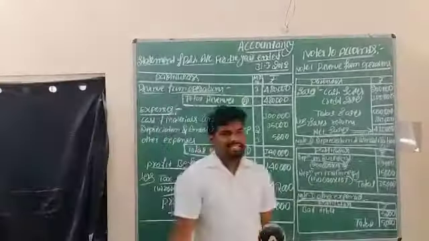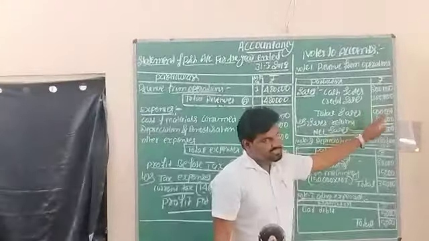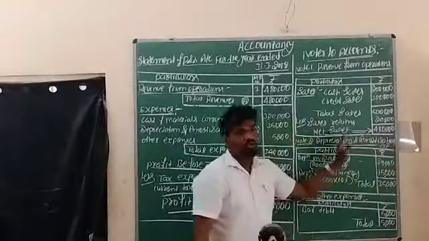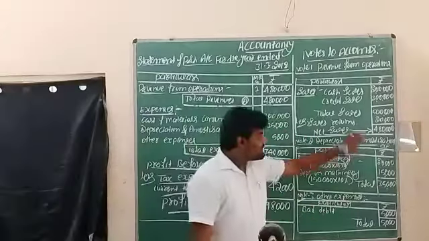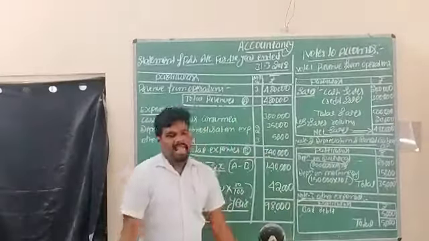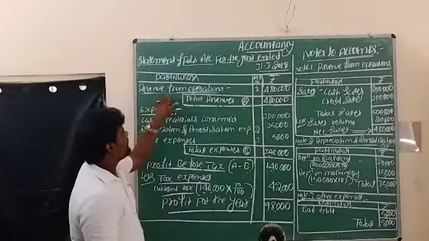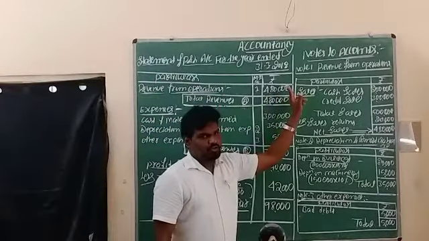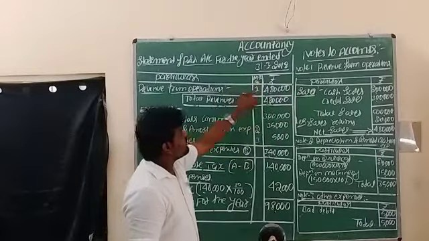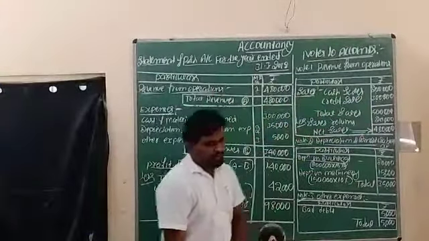They have also given sales returns. Less sales returns 20,000 rupees. So 5 lakhs minus 20,000 leaves a remaining balance of 4,80,000. This is the total net sales during the year. We can treat these net sales as total revenue from operations. We record revenue from operations of 4,80,000 rupees in the profit and loss account, and in the note column we write 1. This is the brief explanation given in note number 1.